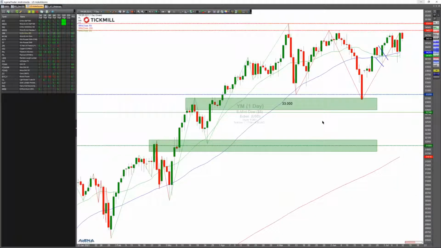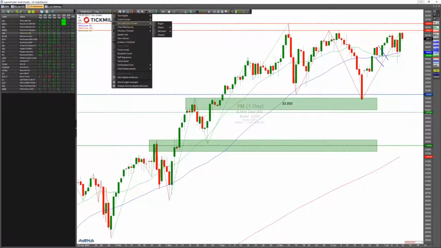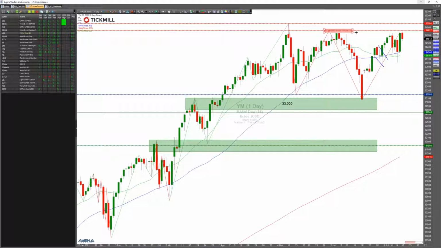So let's go back to the YM, to the Dow Jones Industrial Average for this week. The markets are still closed, pre-market time, and what we see is a thing I'm not too happy with. Why am I not too happy? We have the option to get the follow-through day, because we're not yet sure what the traders will do